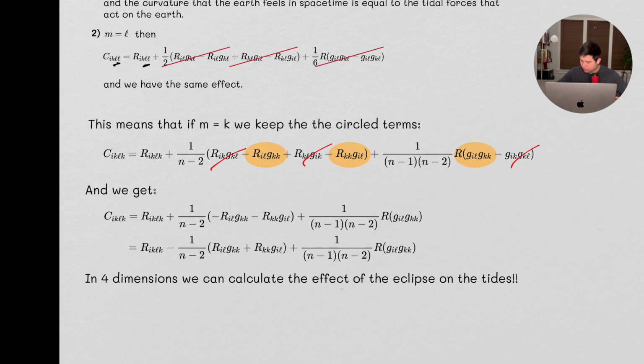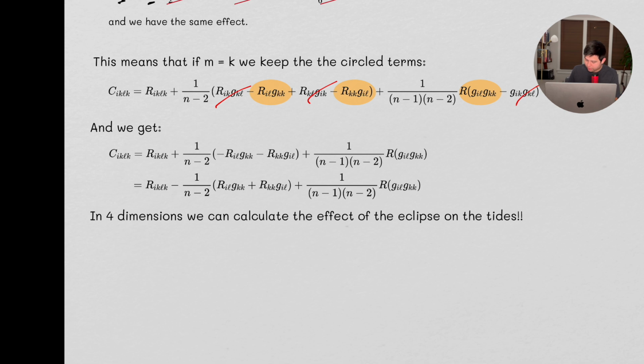Those guys will go to 0, and we keep the circle terms, and we get something that looks like this, and then we can take out the minus sign, and we get something that looks like this. In 4 dimensions, we can calculate the effect of an eclipse on the tides, right? Because in 4 dimensions, this is going to be 3, this is going to be 2, so this is going to be 6, and this is going to be 2,